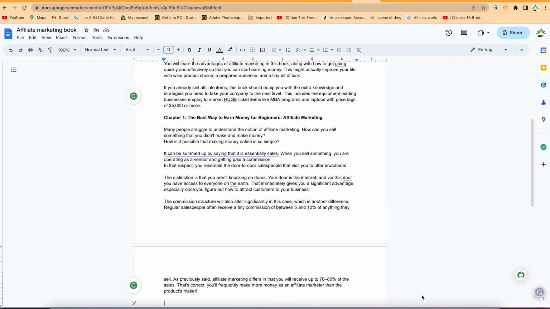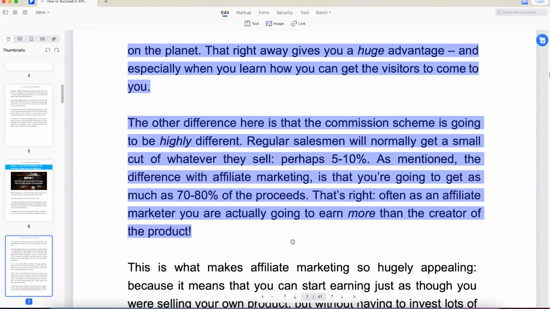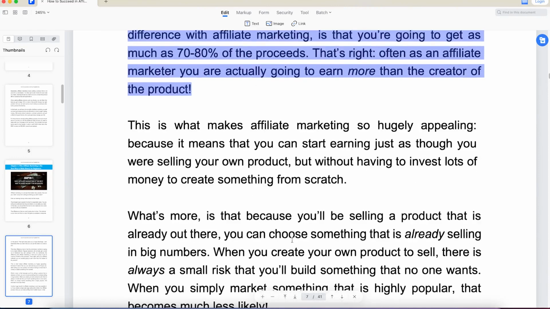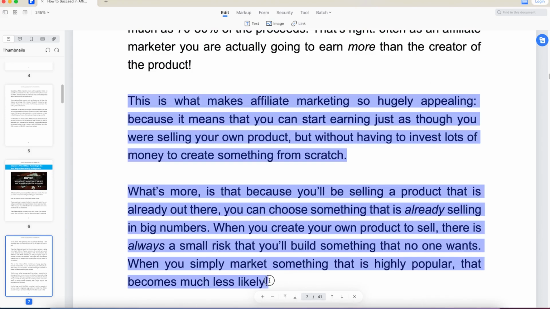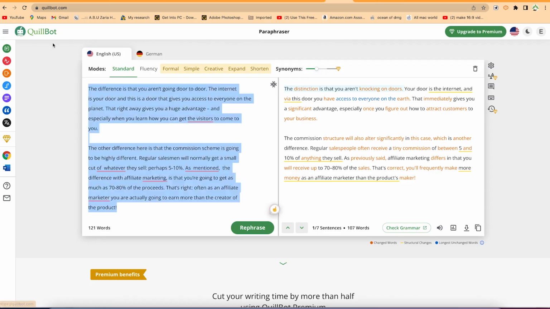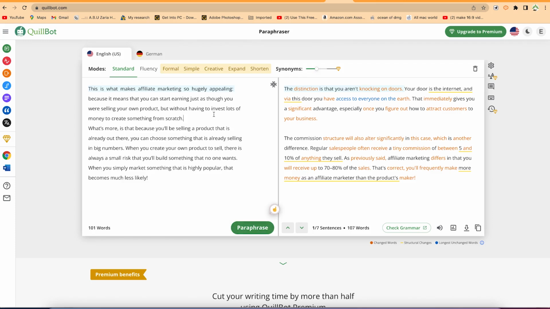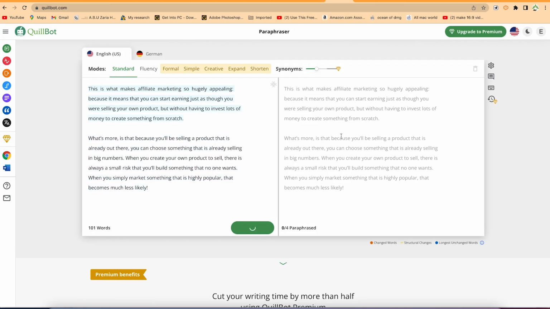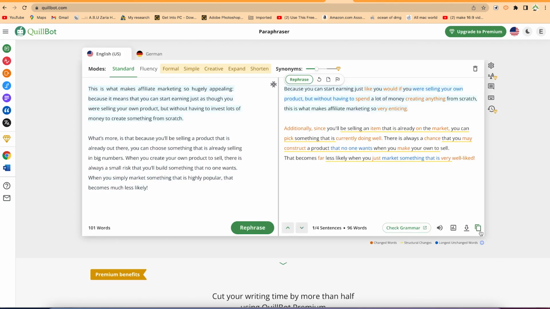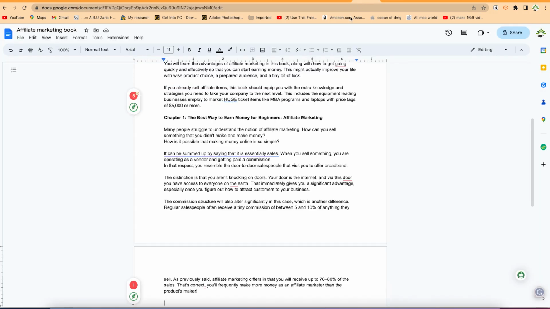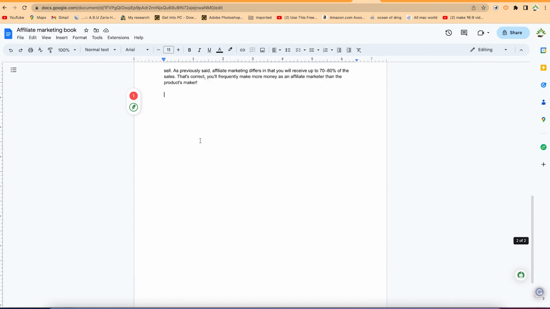So this is how you continue to do for most of the parts. Okay, so you can just go ahead. Let's say we copy the whole of this one also, and then you can come back in the same way. You can just select, separate, and paraphrase, and you can see everything is now coming to shape. Okay, you just copy, and then you can come back here and paste it.